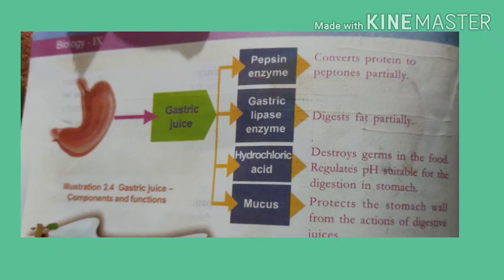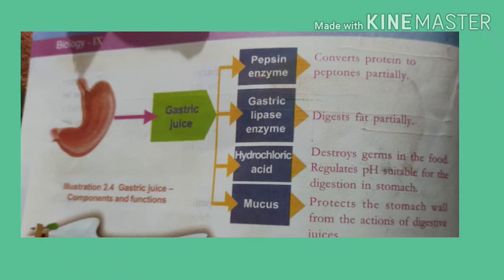Unhygienic food and unhygienic habits of ours may result in the entry of many microorganisms through the food. Up to a limit, these microorganisms are destroyed in the mouth and stomach of our body. From the mouth we studied lysozyme. It destroys the microorganisms which enter through the food, and in the stomach hydrochloric acid destroys the germs.